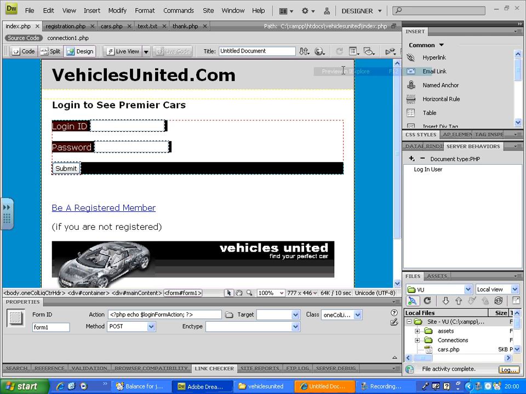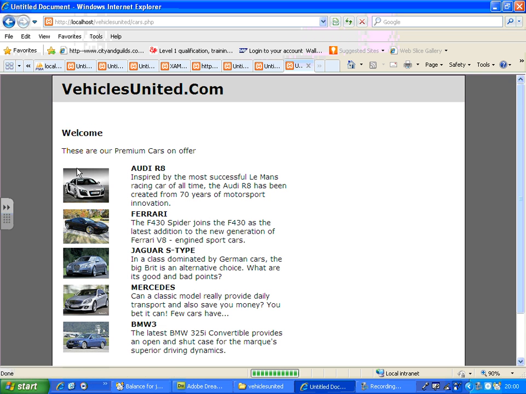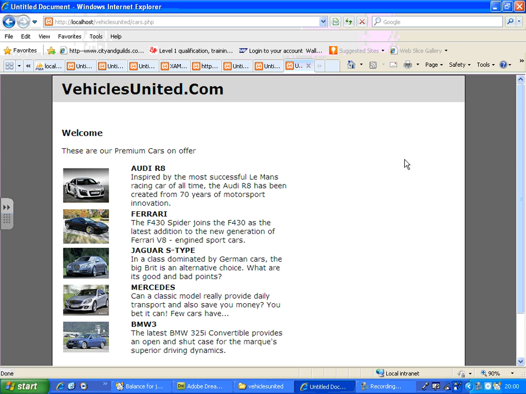Quickly have a preview. Now we have some database records. So if I use Benita, password is 123, submit, and there you go. You come to the members private page. So far clear? Insert records, validate records. Now once you come to this page, here we can add a couple of dynamic things. For example,